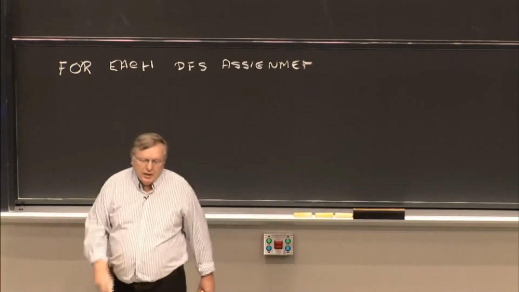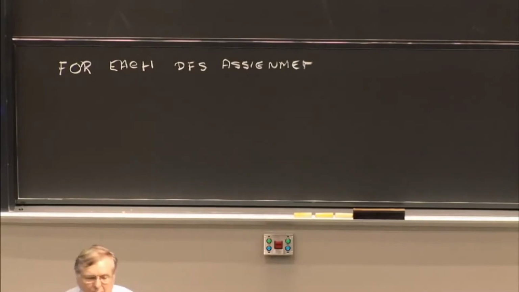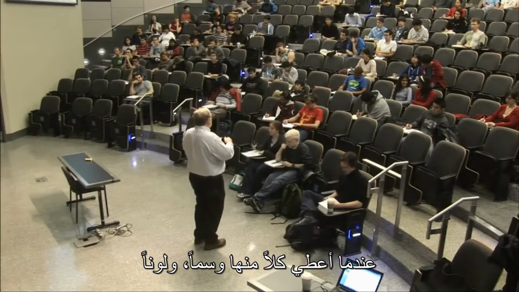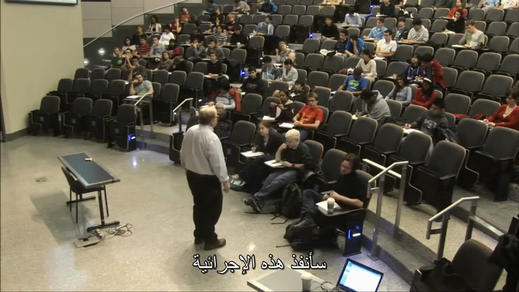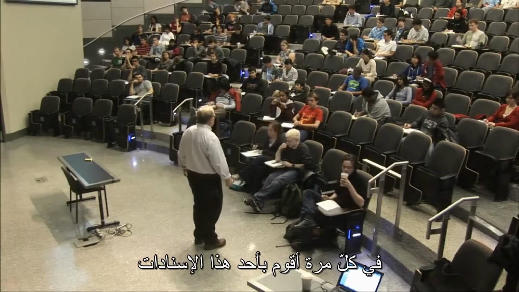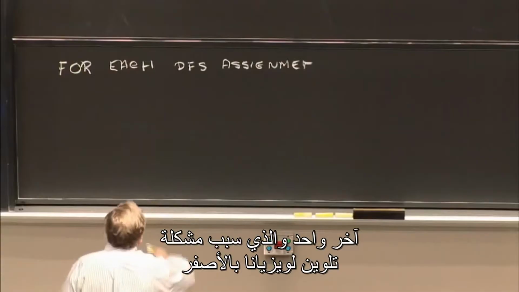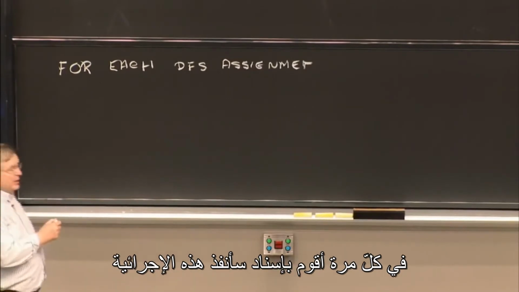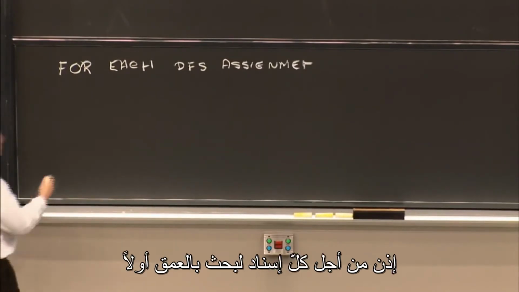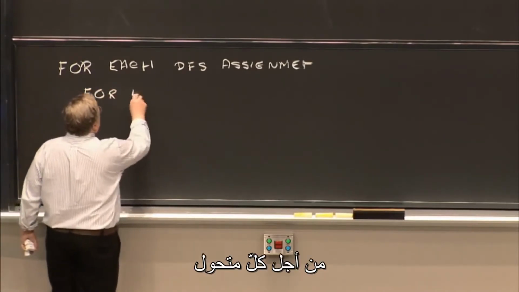I'm labeling Arizona, and then Oklahoma, and then Arkansas, and then Louisiana. When I give each one of those a label, a color, I'm going to do this procedure. Every time I make one of those assignments, the last one that caused trouble was coloring Louisiana yellow. Each time I put one of those colors down, each time I make an assignment, I'm going to do this procedure. So for each depth-first search assignment, for each